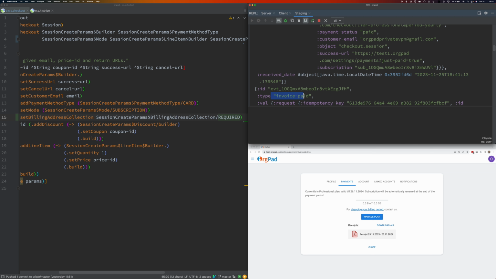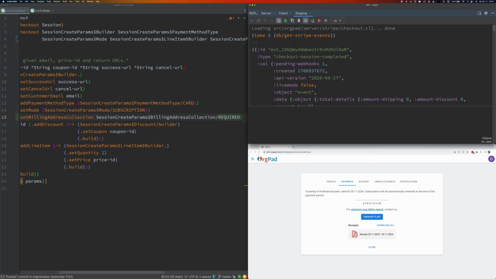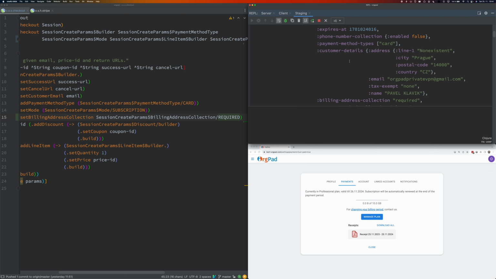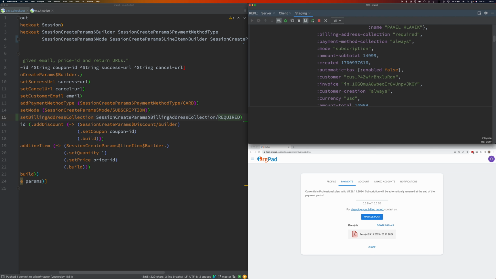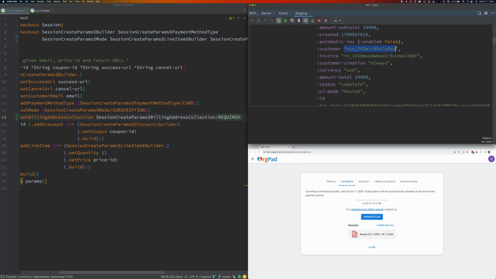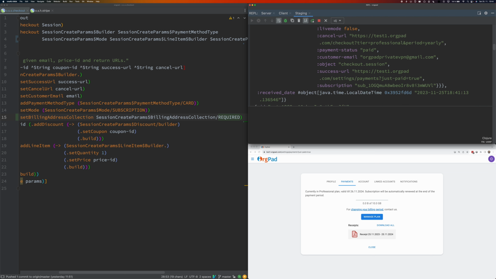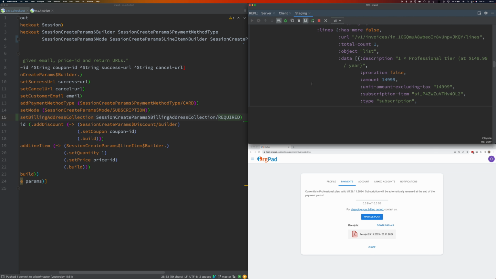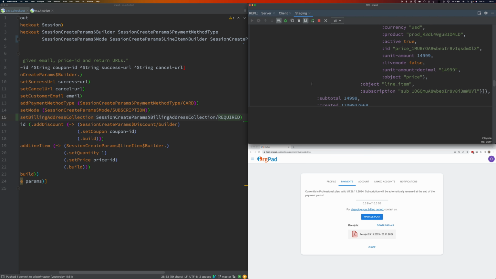One is of type invoice paid, and another is of type checkout session completed. There's the address and stuff like this. So based on this information and based on the customer ID and some other stuff, we are able to create a subscription in our database also. So we know who is subscribed, who is paying, and so on.